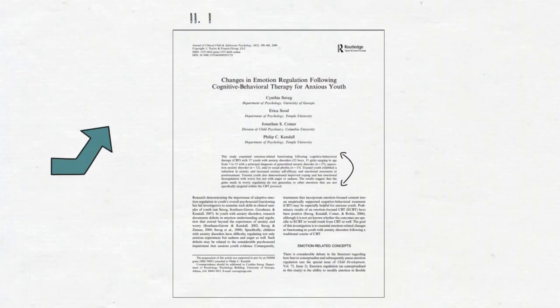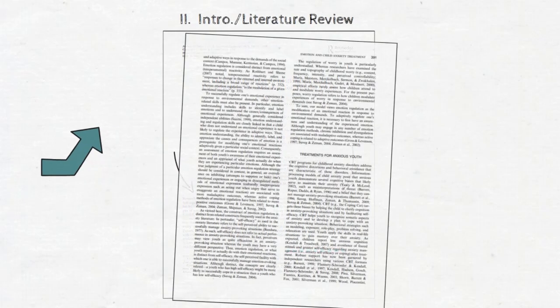In the introduction and literature review, the researchers give the background of the research question and explain the importance of their study in this wider conversation. They define key terms and outline what we know using past research studies, while also pointing out what we don't know. Each research article in psychology is meant to further what we know, so establishing the gap is vital to the process. In this case, the authors talk about the scholarly debate over how emotional regulation should be conceptualized, defined, and assessed, and then give a history of treatments for anxiety in youth.